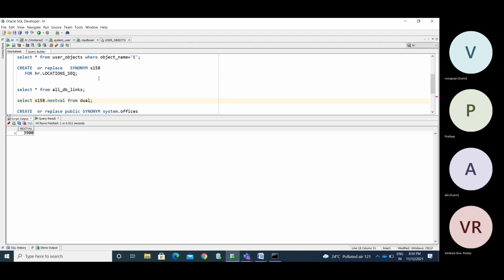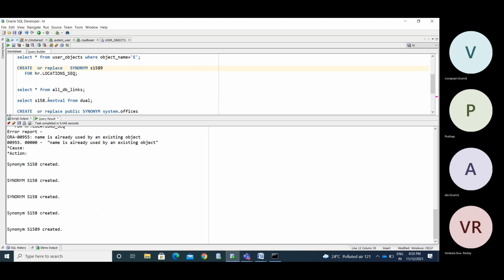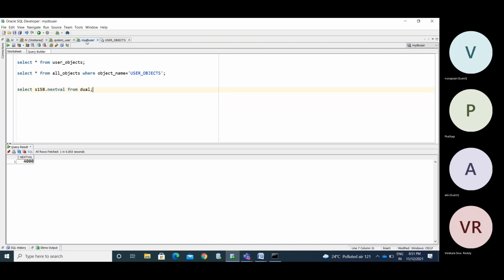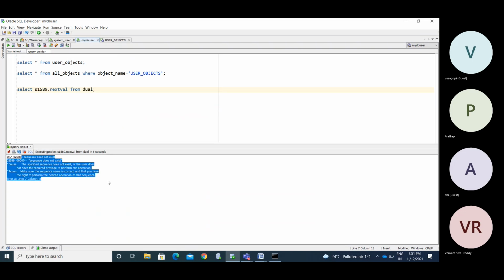We created the public synonym, right? Public synonyms are stored in a different meta object, and private synonyms are stored in a different meta object. Now I am going to create 5189 as a private synonym. Now I am calling that, 4100. Okay, now I am calling with 5189. Sequence does not exist.